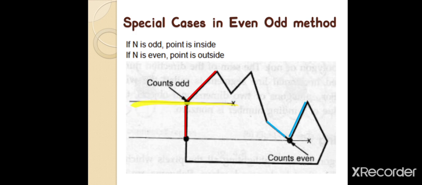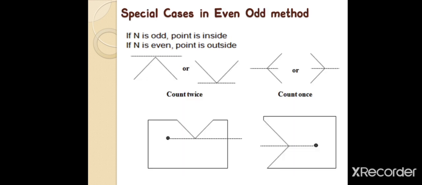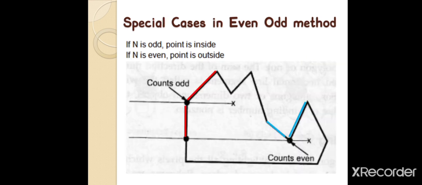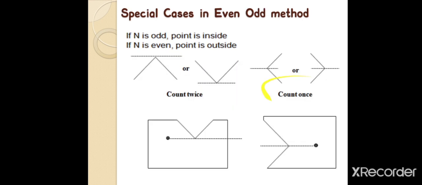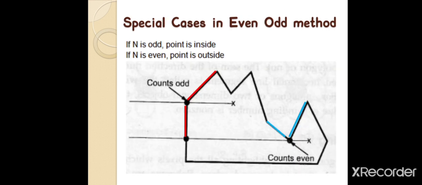Our intersection of this drawn line with the polygon edge is at a vertex point, and according to our previous special case handling, the edges are underlying on both sides of the intersection line. This is our intersection line, this is the first edge, this is the second edge, as these are underlying on both sides. So according to that we have to count only once. Here is the one time intersection. If the intersection count is an odd number, then the point is sure shot inside. That's why it is going to be considered inside.